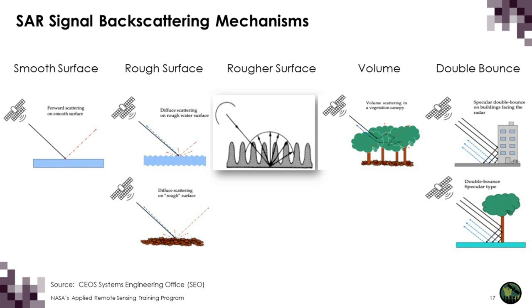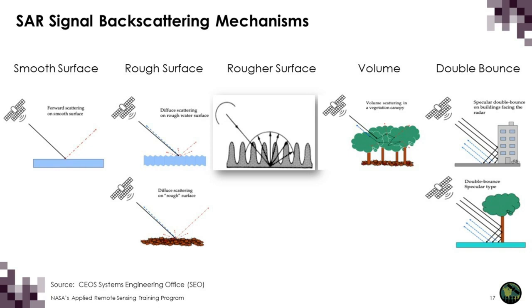And then the next signal interaction is volume scattering, and that occurs when the signal is scattered multiple times and in multiple directions within a volume or a medium, which could be a snowpack, soil, or vegetation. In the case of vegetation, the signal can scatter from multiple components such as branches, stems, leaves, trunks, or soil. And then the final backscatter mechanism is called double bounce, and this results when two smooth surfaces create a